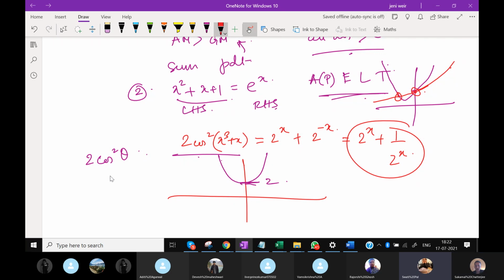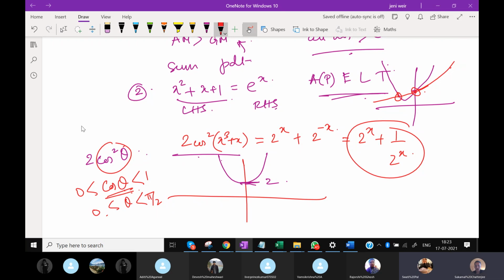I didn't get the fraction part. Cos theta will lie between 1 and 0 when theta is lying between pi by 2 and 0. It will be a positive fraction, and the square of that would be less than cos theta, because the square of any fraction is less than the fraction itself. Correct?